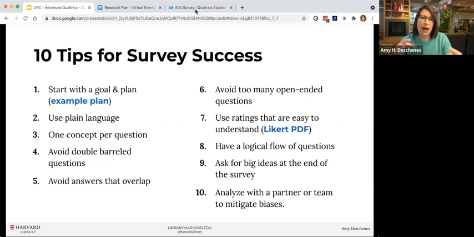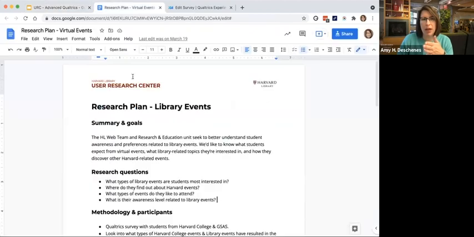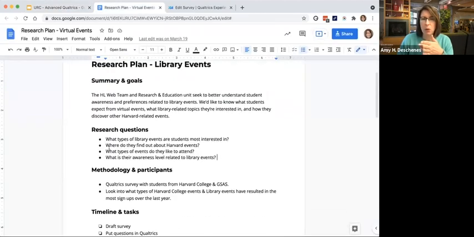And the other thing is, if you have different sections in your survey, organize them as if you were outlining a report or a document. Especially if you have that research plan. If I go back here, right? We had questions in our survey that mapped to each of these research questions. They did not necessarily follow this order, right?